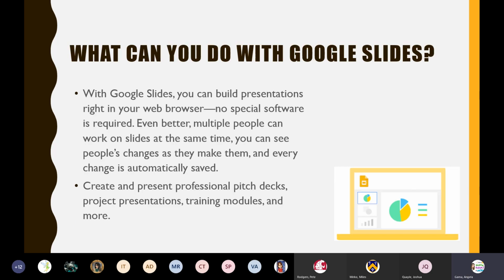Okay, so what can you do with Google Slides? Basically, Google Slides is the Google app equivalent to your Microsoft PowerPoint. Your Google Slides don't require any type of special application installed on your computer. It is all web-based, and you can use this not only to present information in front of a group,